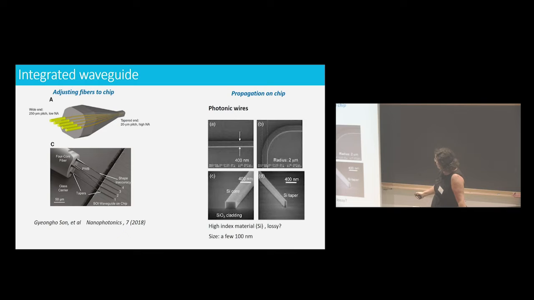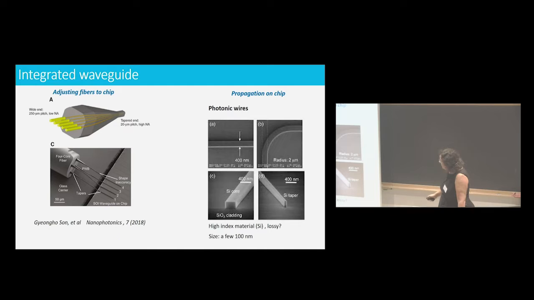So on a chip, what you can use, for example, are waveguides. Exactly the same thing that I showed you before. Here you have a high index core, in that case it's silicon, and here you have air. So you have a waveguide which propagates light. You may have losses on silicon, depending on the wavelength you use. But on a chip, if your chip is 1 millimeter long or a few hundred micrometers long, you are not so sensitive to losses as when you use a fiber which is thousands of kilometers long. So the question of losses in an integrated version is not such a problem.